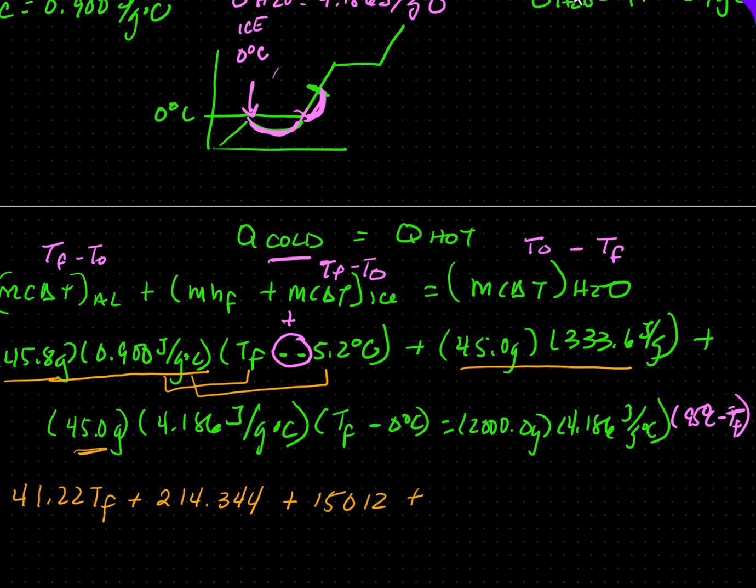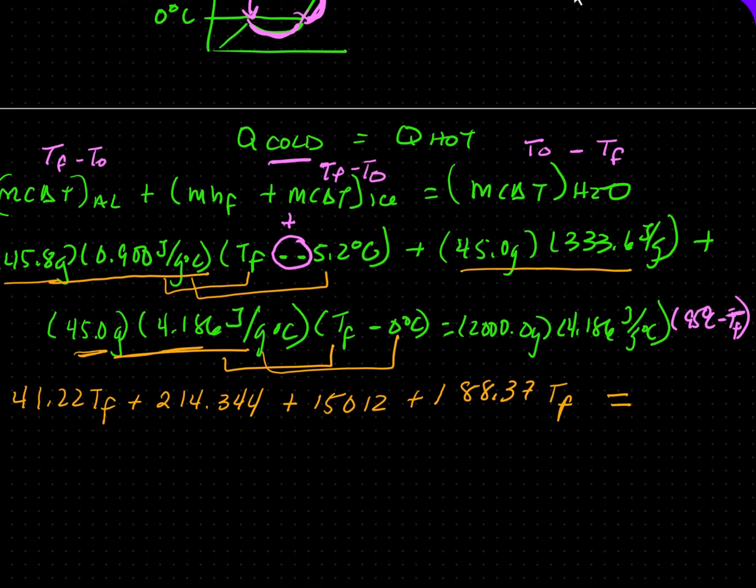We're going to multiply 45 times 4.186 and distribute it to the T final and the 0, but you already know anything times 0 is 0. And so this is 188.37 T final. This is equal to the right side, 2,000 times 4.186. You're going to multiply it by the 95 and distribute it to the T final: 795,340 minus